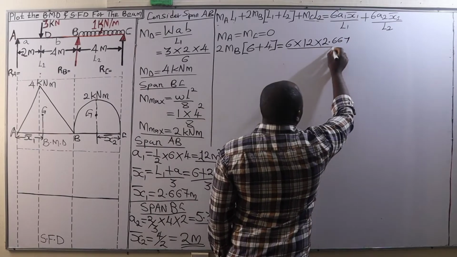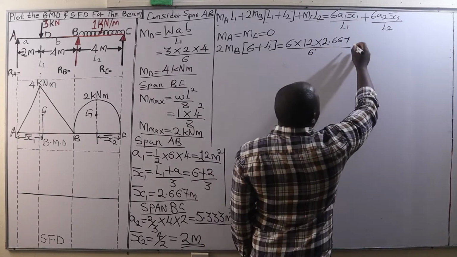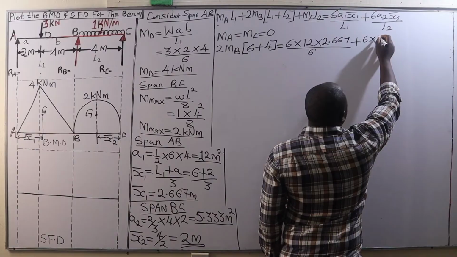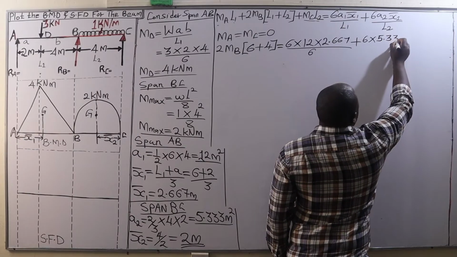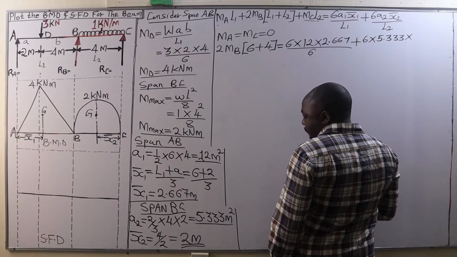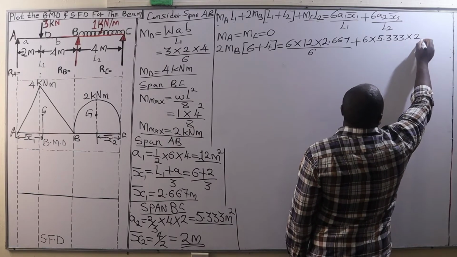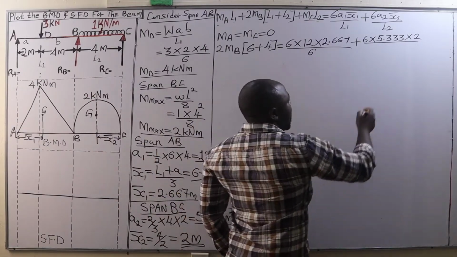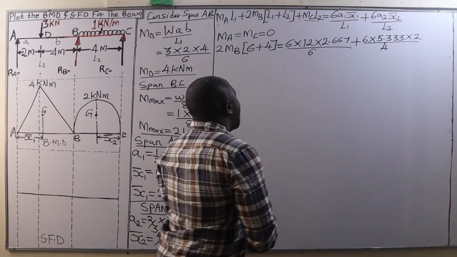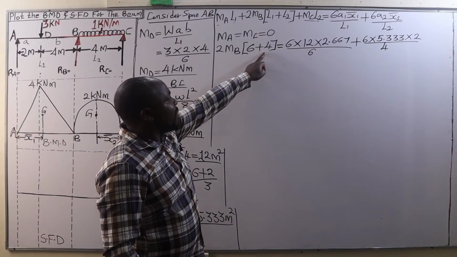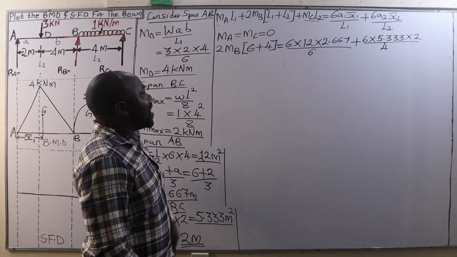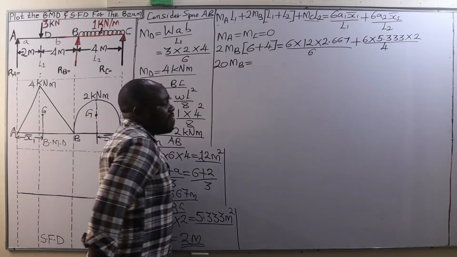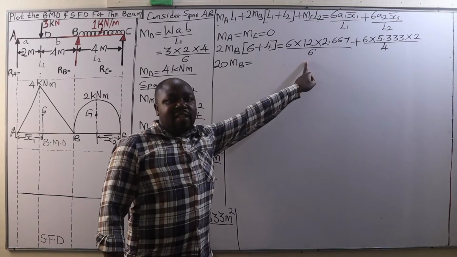2.667. We divide this by L1, which is 6 meters, plus 6 multiplied by A2, which is 5.333, multiplied by bar x2, which is 2 meters. Then we divide that by L2, which is the span BC, and that is equal to 4. And therefore, this is going to be 6 plus 4, which is 10. 10 times 2, that is 20. So we are going to have 20 MB being equal to,